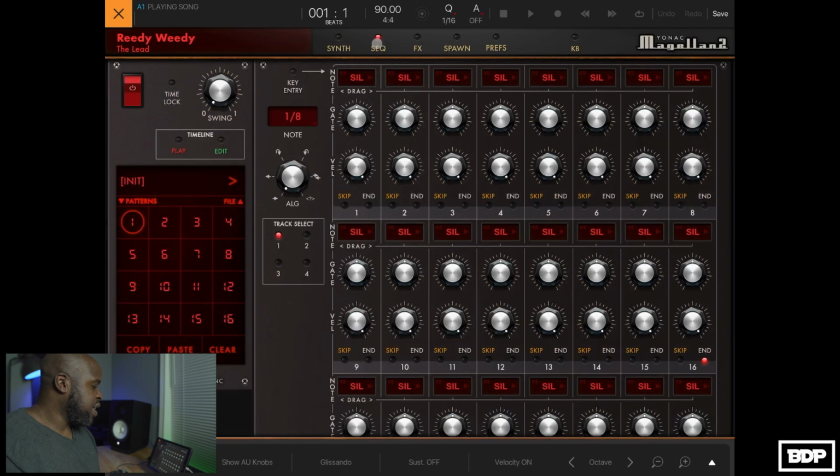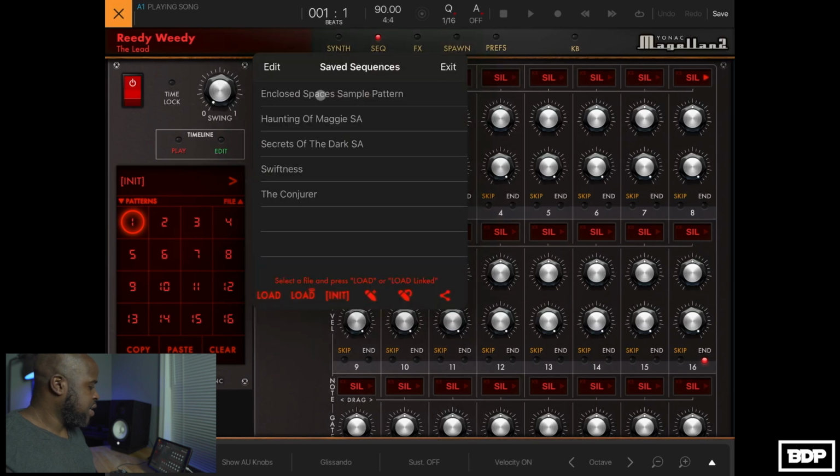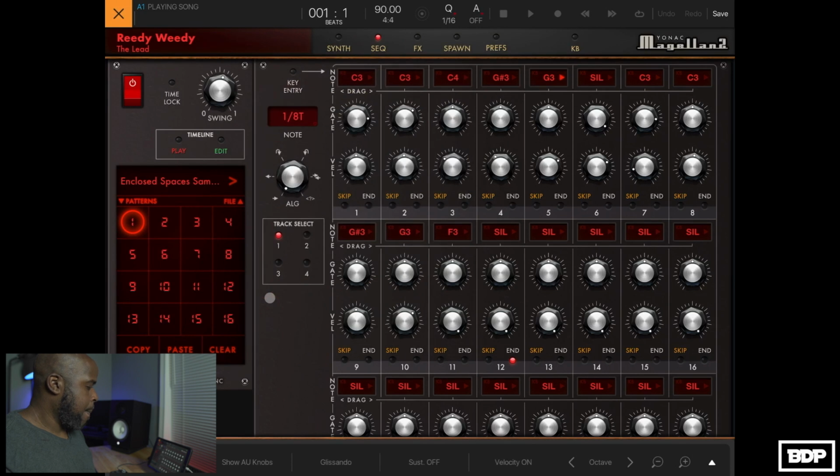You have a sequencer in here. So the sequencer mode is actually pretty cool. If I actually turn this on and I add in a sequence, and I load that up, you can go ahead and just make your own sequences and stuff in here, and it comes with a few of the preloaded ones. It's cool. I don't really use it, but one thing I really like about this plugin is the actual effects